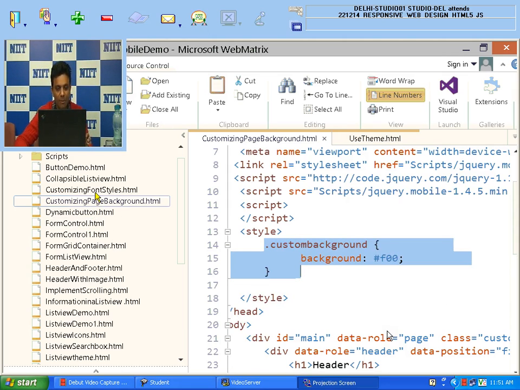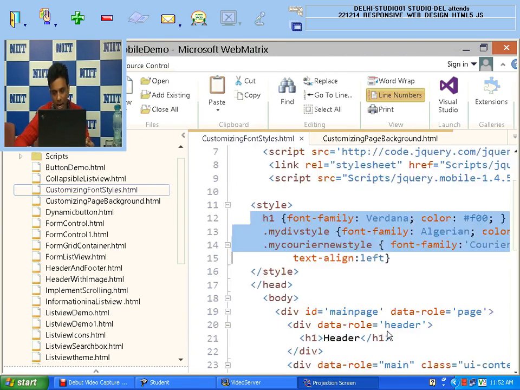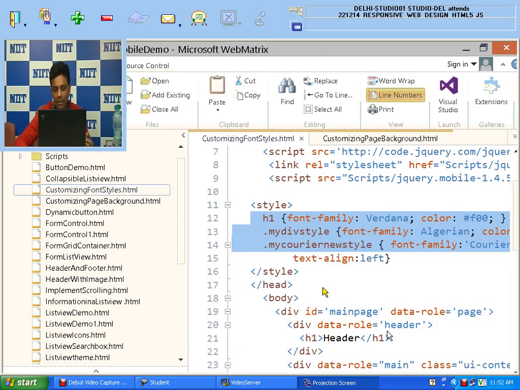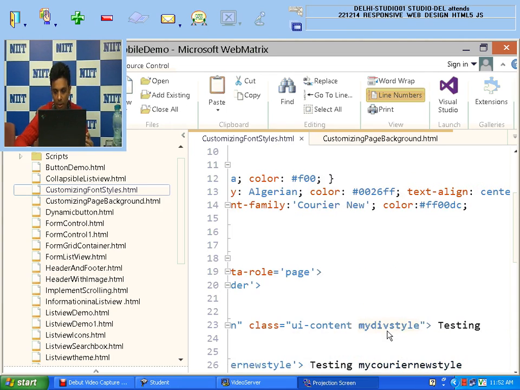Similarly, I have another example in which I try to customize the font. You can find it on the screen. I try to change the header font color and font size and font family. So I think this is simple. You people know CSS now. Nothing is new, I just add the CSS in this place, and related classes I define in my HTML part. For example, I use my div style. So this place, see here,